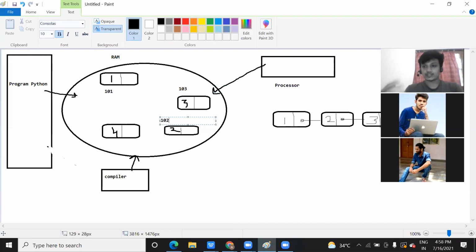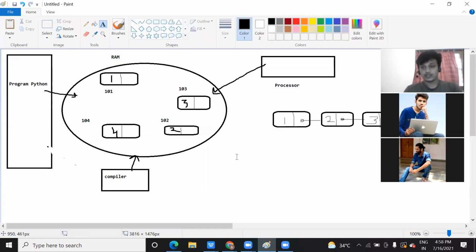Inside the memory the address is represented in some format, hexadecimal or similar. So don't go deep into that. Just think that this is some address that tells you at this location 104 your data is present. Now what is the scenario? When you compile and the processor starts working on this program that is in your RAM, how will it generate the output?